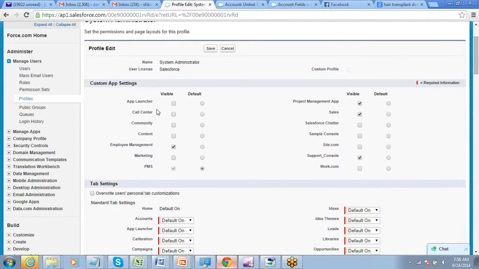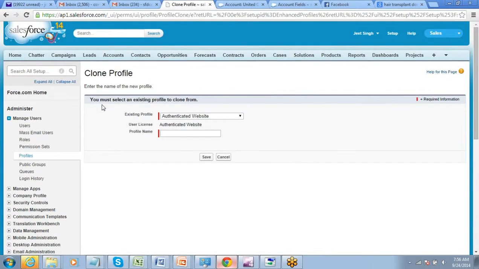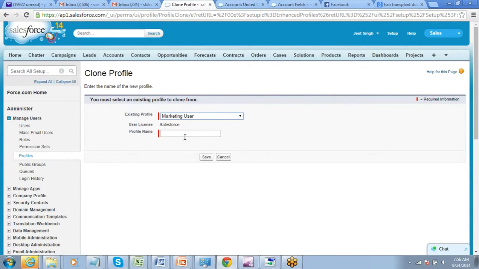A custom profile, how do you get? You can go to the profile, click on new profile, take any of the profiles and clone that. Let's say you take the marketing user profile and clone it and make it customer support team. So you're creating a profile for your customer support team.